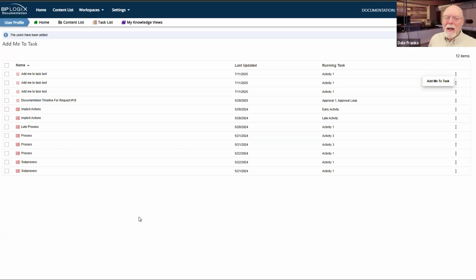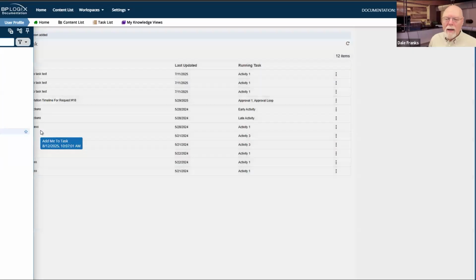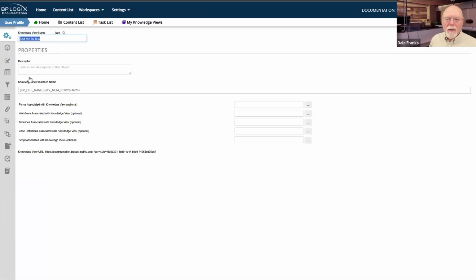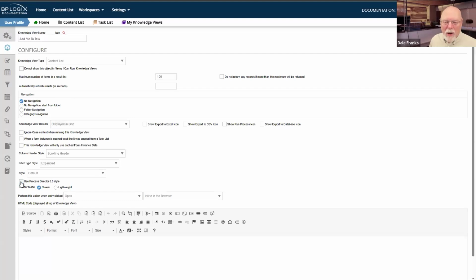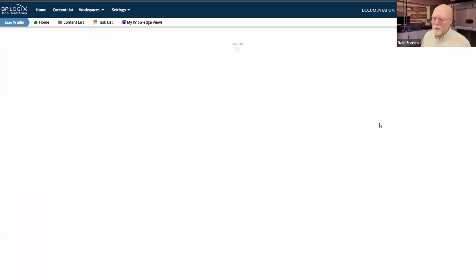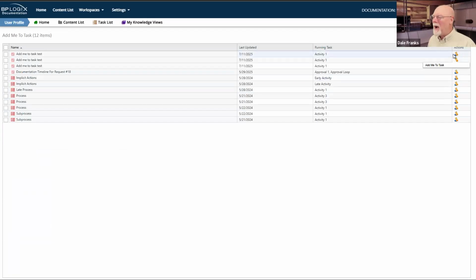But that only shows up, of course, if you're using the version 6 UI. If you are still going over here to the Configure tab and you don't have the Process Director 6 style and you hit Update and Run, it gives you the old ugly icon, which when you mouse over will show you the Add Me to Task.